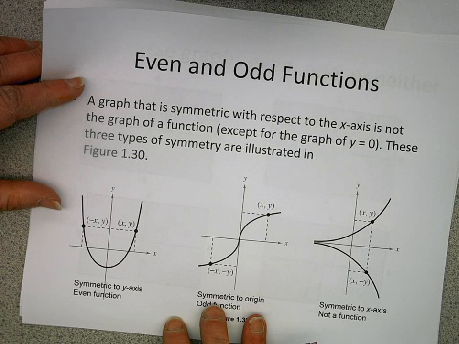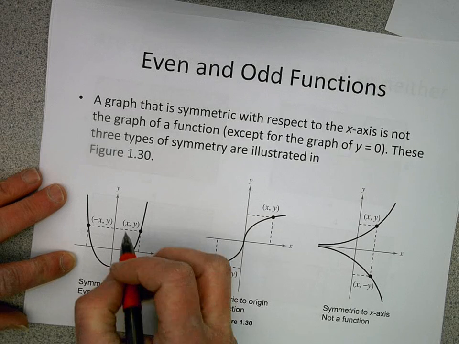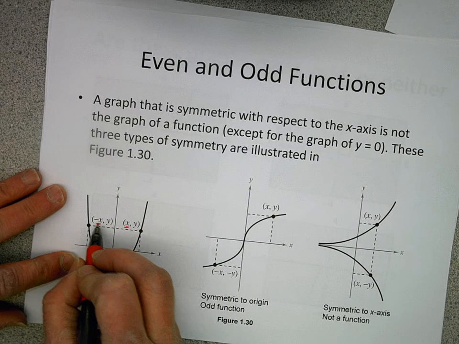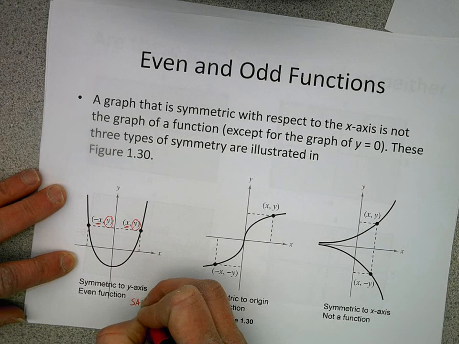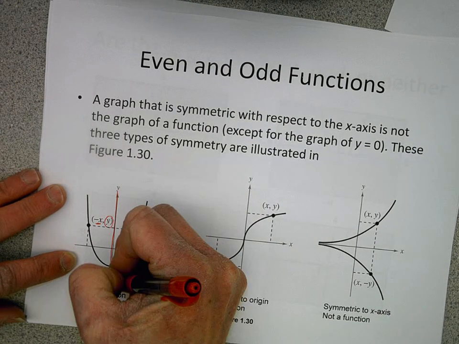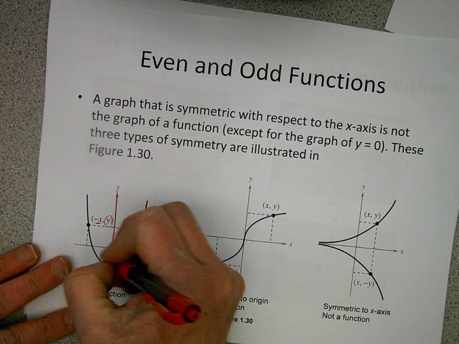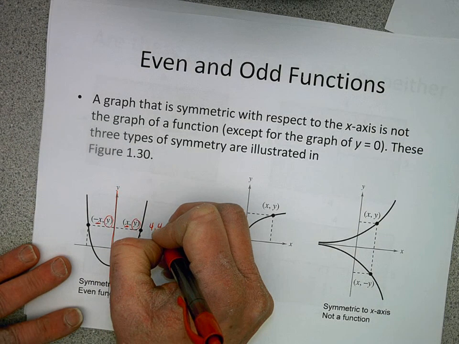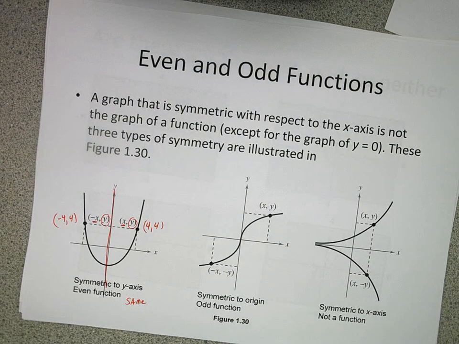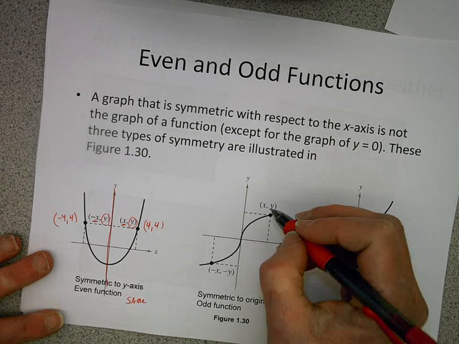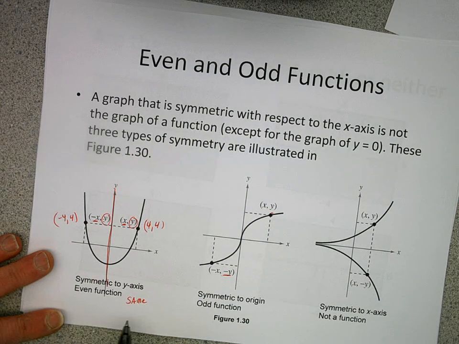Okay, this is the one that is under an even function. This is even because when you look at x and I plug in negative x, I get the exact same answer. If something is the same and symmetric to the y-axis, it's called even. So for example, maybe this point is (4, 4) and this point is (-4, 4). The y didn't change, even though I changed the x. This is called an odd function because when I do it, it becomes the opposite sign. So same is even, opposite